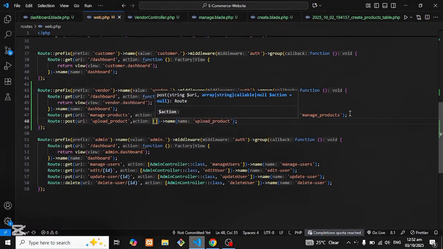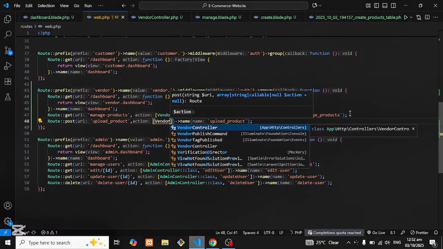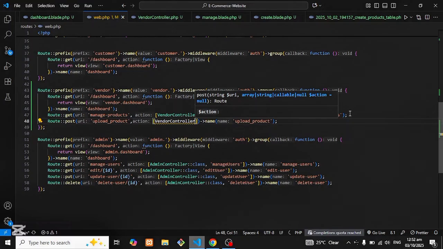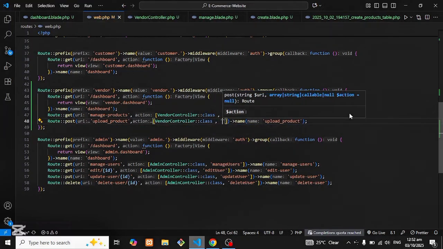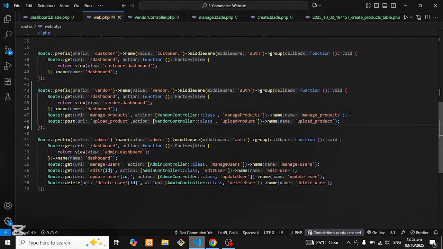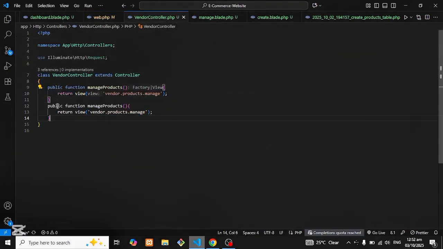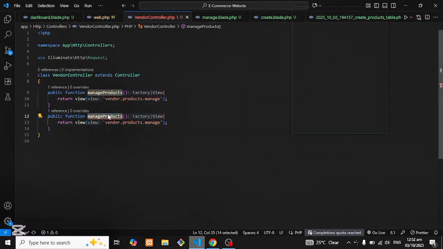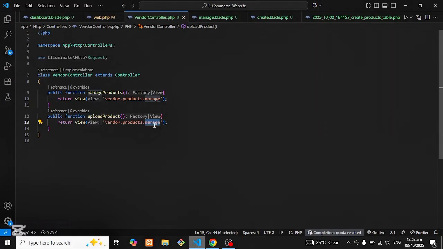and in vendor dashboard basically, in vendor controller colon class, with upload product method. So we have to create this now. I will copy it out. I will change the function name, which is upload product, and we will go here